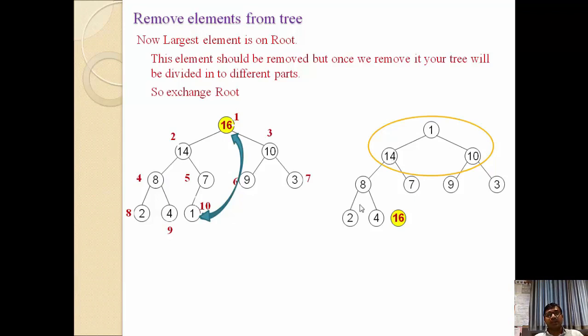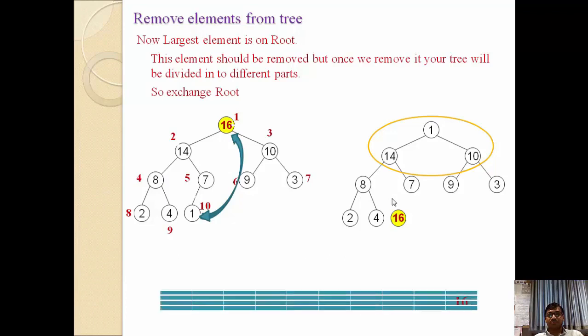This process we need to do until we get a leaf node. So 1 is here, 8 and 7 are here. Among these 3, 1, 8 and 7, 8 is the largest one, so we need to swap 1 with 8. So 1 will move here and 8 will move here. Whenever 1 is here, again we need to check whether it is a max heap tree or not, right? Here 2 is here and 4 is here and here 1. So 1 is minimum, then among these 2 children, we need to identify which one is largest. 4 is largest, so we need to perform swapping between 4 and 1. In this way again we convert it into the max heap tree, right?